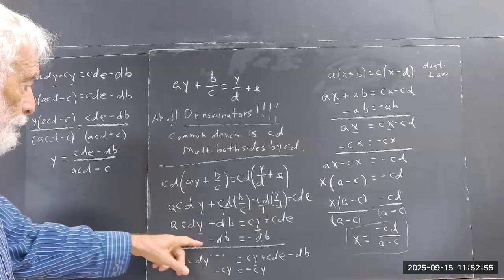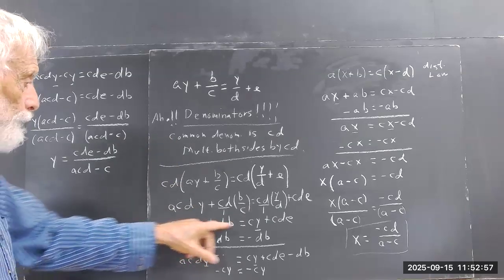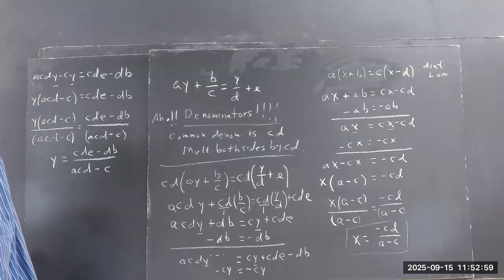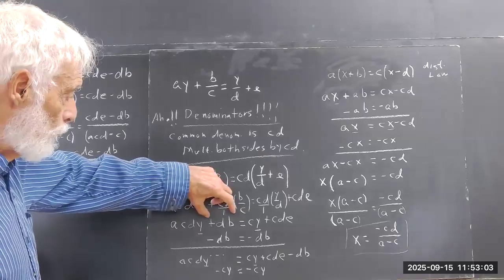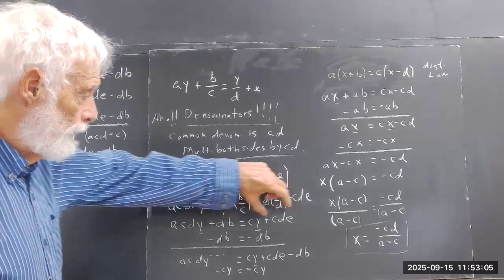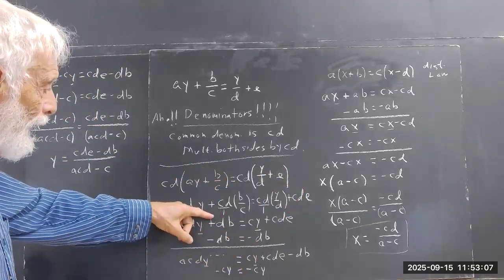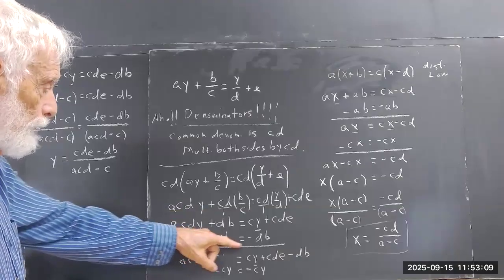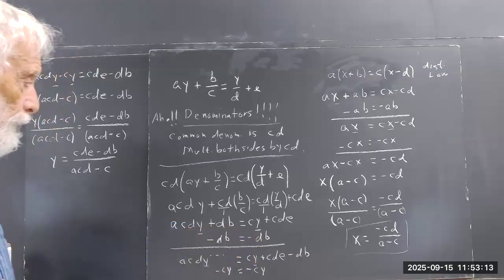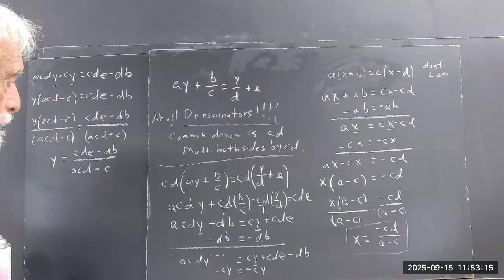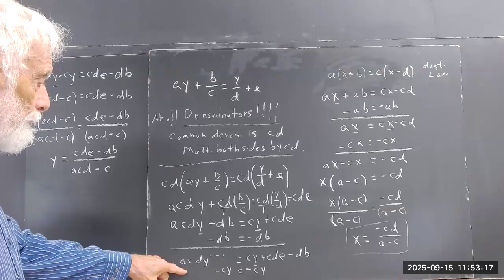So we do that and simplify it, and the denominators go away. Then we just take everything that doesn't have a Y over here and get it over here by adding the negative of that quantity to both sides using the equation negative dB equals negative dB, leaving us